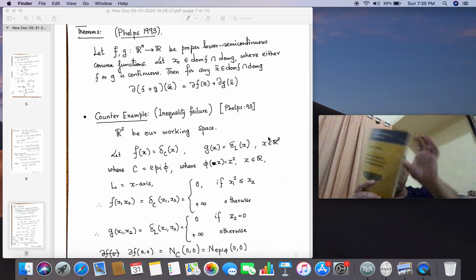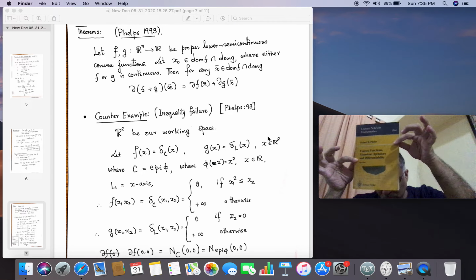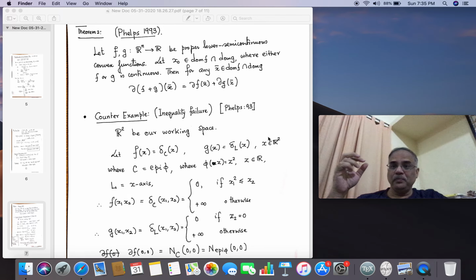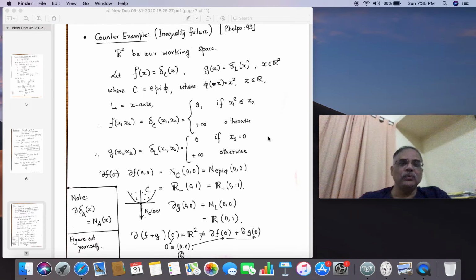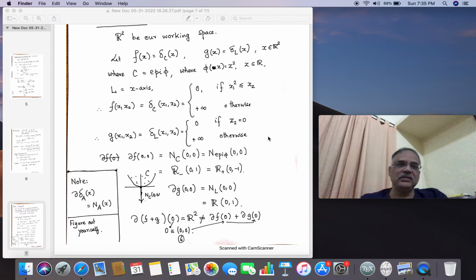So this theorem is from this book actually, Convex Function, Monotone Operators and Differentiability. And the example is also from this book. This is an example, a counter example, which tells you that it fails. Here you talk about a very interesting function, the indicator function. The indicator function of a convex set is a very interesting kind of function. If you take an x which is inside the set, then it returns you 0. If you take x which is not in the set, then it returns plus infinity. So the set C is the domain of the function.